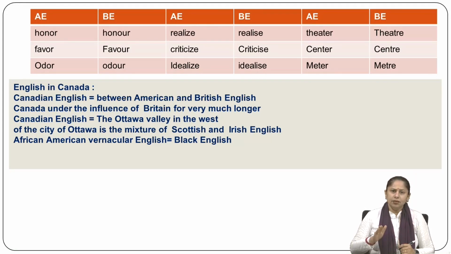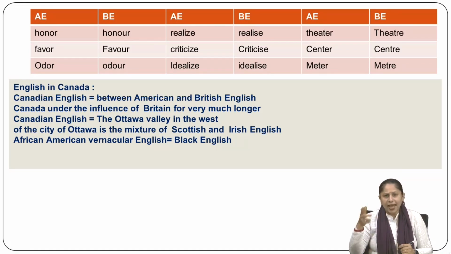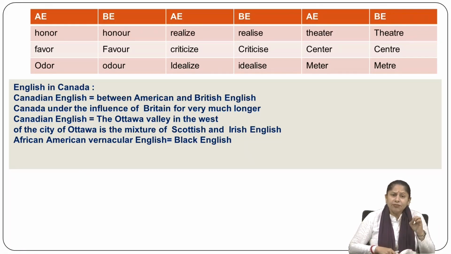AE, BE. What is that? AE shows that it's about American English, and BE shows that it is about British English. Here there are tables, you can see the columns of American English and British English. Almost all the columns show that certain kinds of words are spoken with different kinds of accents, as well as their spellings. They are spelled differently, written differently while utilizing these Englishes.